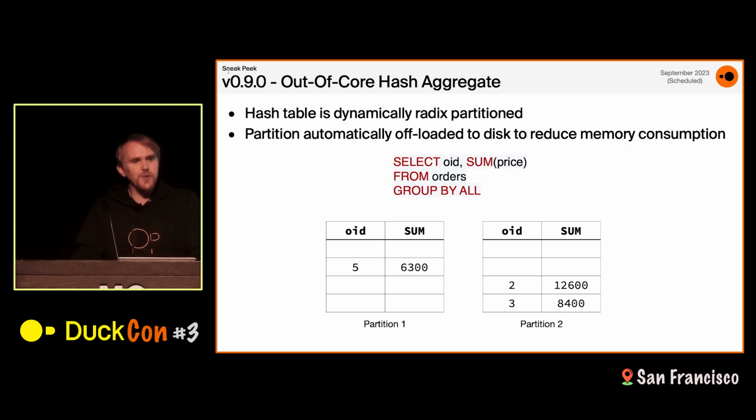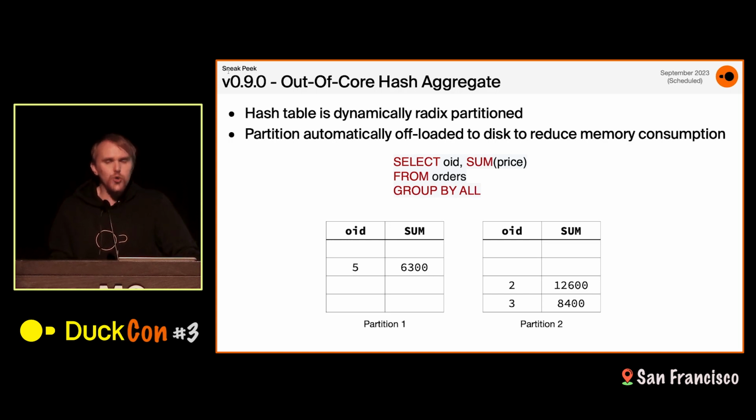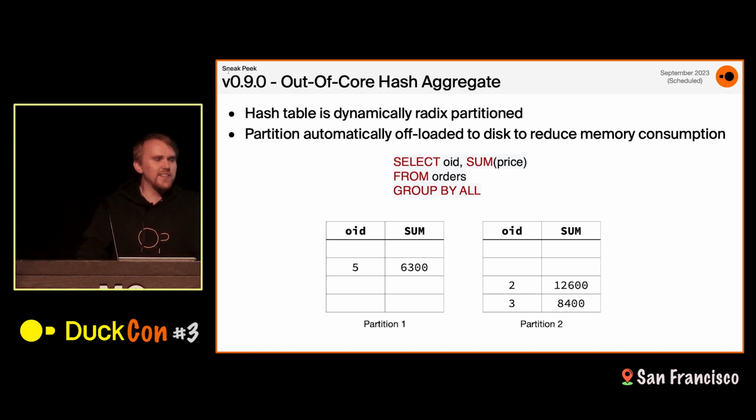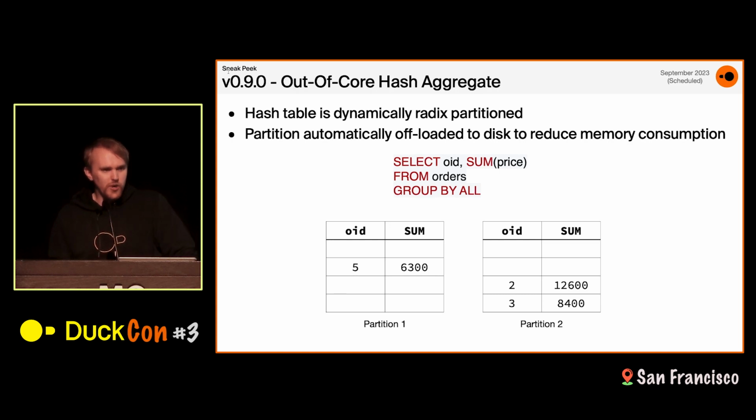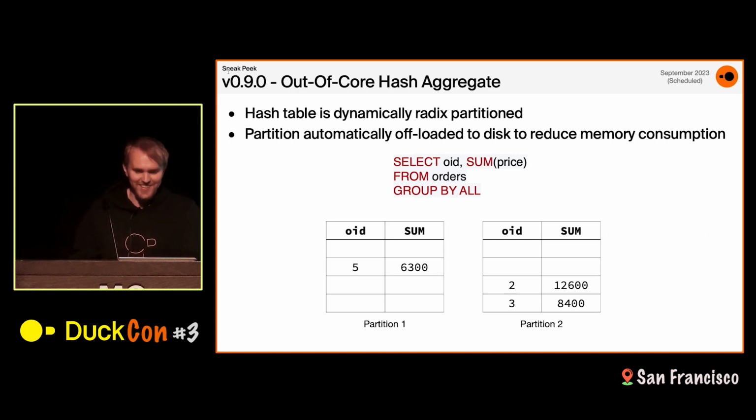For those that aren't familiar with out-of-core, essentially what we mean is that if you have a data set that exceeds memory, or you have intermediates that exceed memory, at some point you need to do something clever to make sure that you can operate on the data set. And because people are wrangling quite large data sets with DuckDB on often very small machines, which is also what we tell you to do, that's not your fault, of course.